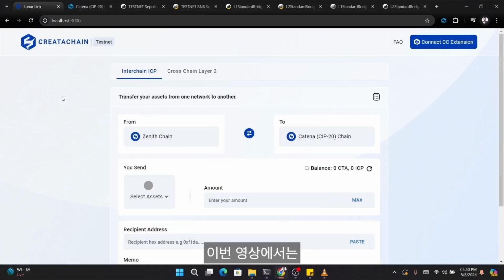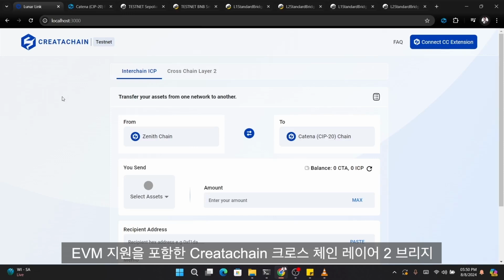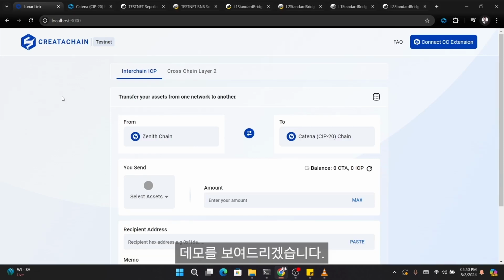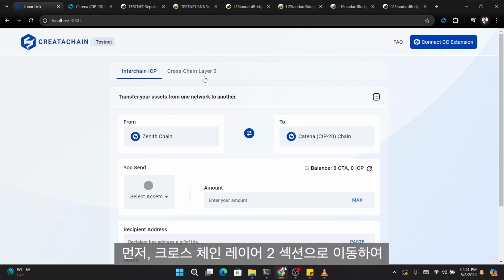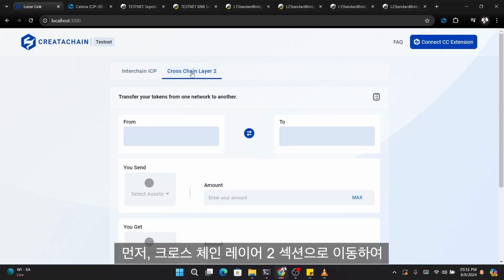Everyone, welcome to this demonstration video of the Creatachain Crosschain Layer 2 bridge with EVM support. This demo is currently running on a testnet. The first thing we need to do is move to the Crosschain Layer 2 section